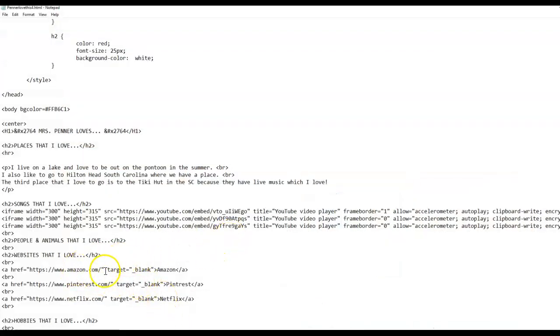Then you go into your code. Instead of the text, in between our anchor tag and our closing, we're going to do the command img space src equal, copy the image address,